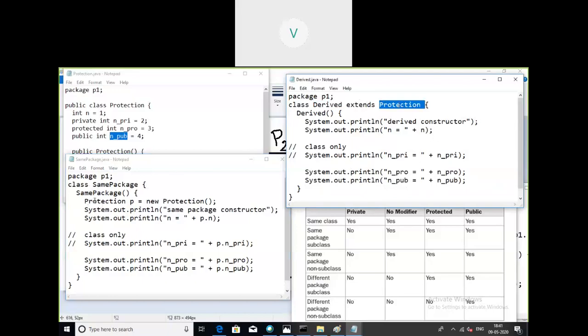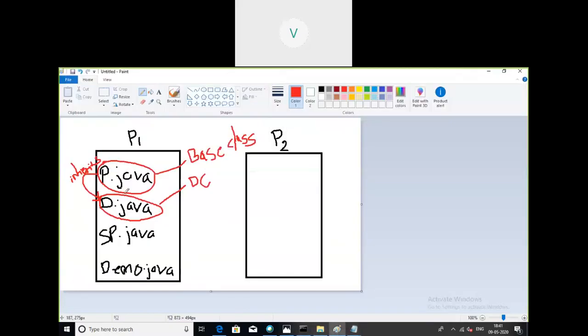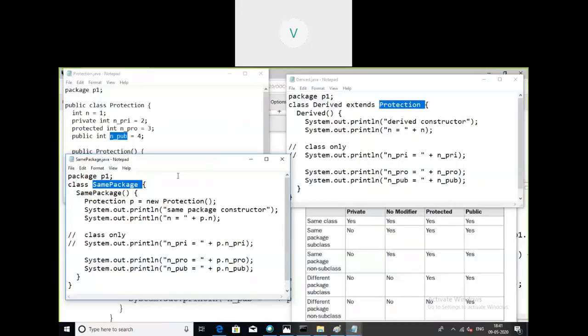But the class SamePackage is not deriving anything from the superclass. You can see this diagram: SamePackage.java is present in the same package called P1, but it is not inheriting anything from Protection.java. In this scenario, what are the possibilities?